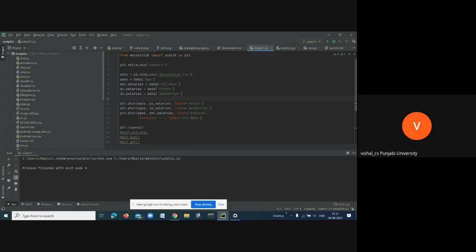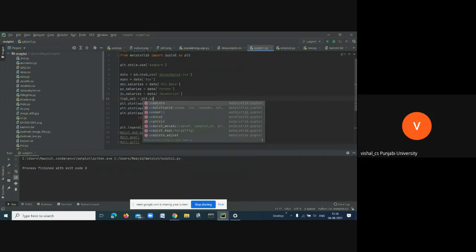Suppose I have figure 1, and I have two things: one is figure, one is axis. I can write fig1, ax1 equal to, and I will use the plt.subplot method.